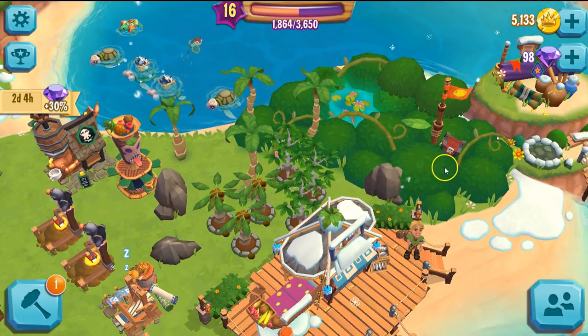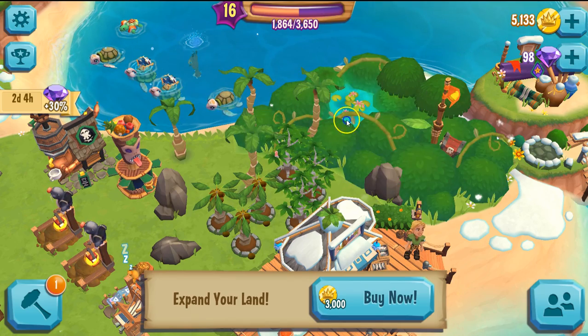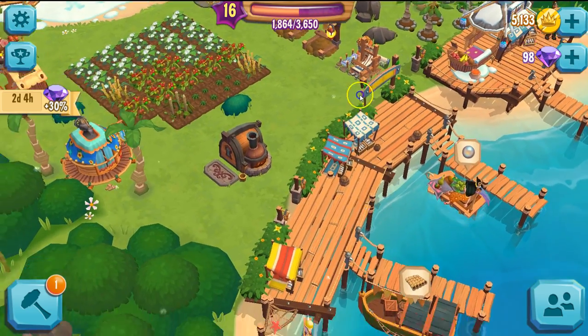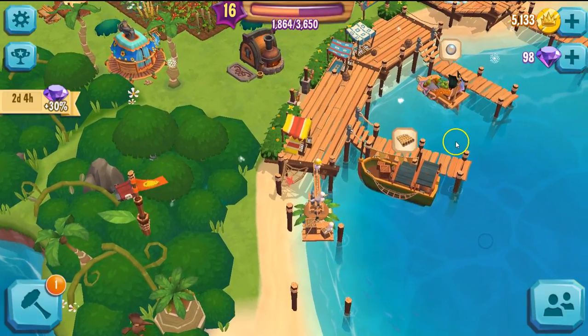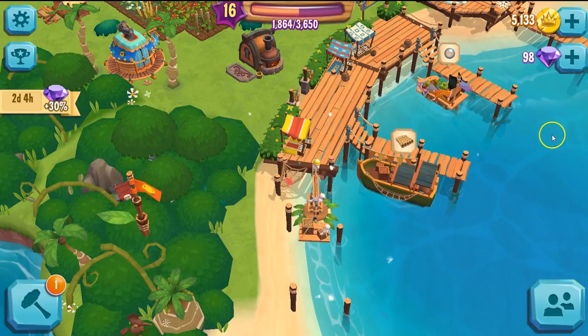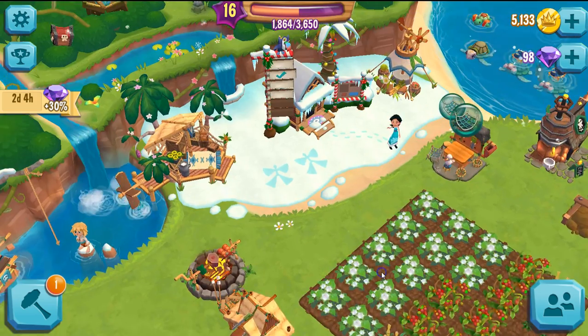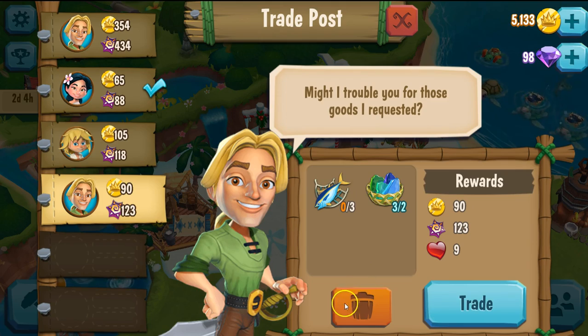So the choice I have is to come over this way and go towards the bazaar, or I can open up the next dock. And this is what I'm going to do. And the reason why is because you can see right now I'm stuck with the 2 boats I have, and this will happen a lot because you can't send the boats away like you can with the trade post. If you get a trade post that you don't want to do, you can just hit the garbage can,